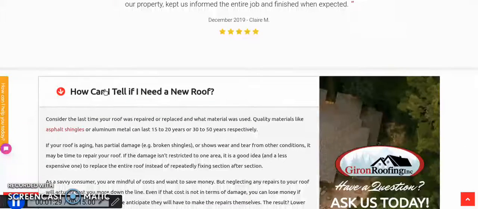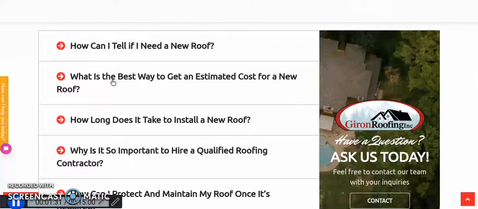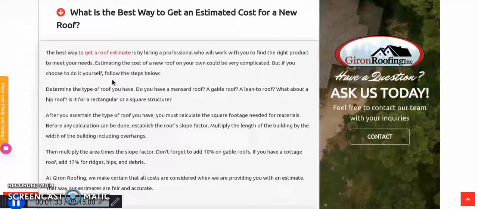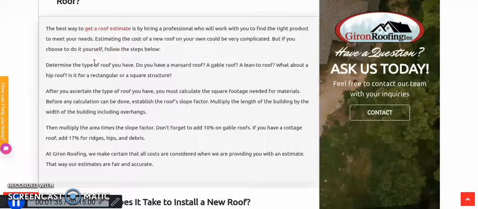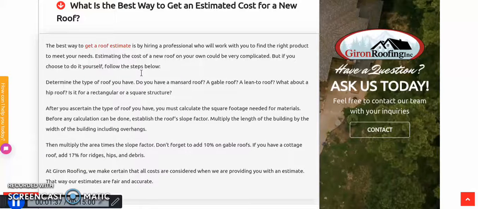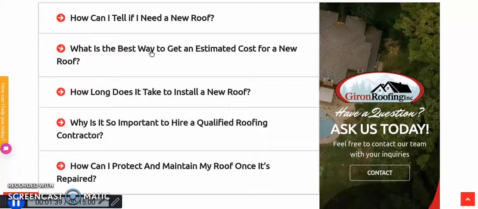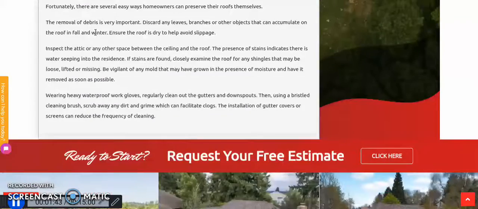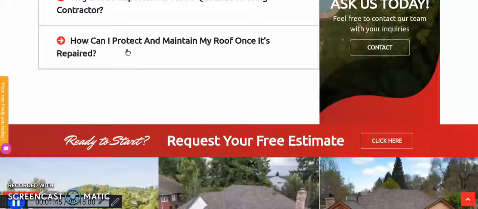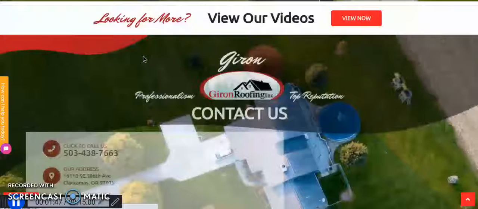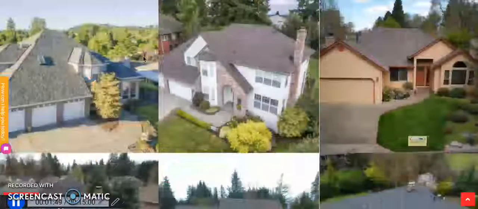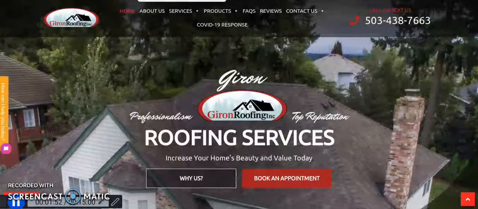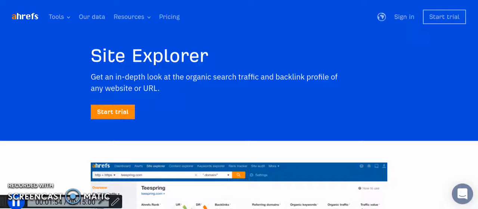So using tools like this where these drop downs can go up and down and hide the content, you still get organic keywords that you can rank for in here, but it doesn't make your website super lengthy, right? And so that's an awesome tool to use. So that's where I plugged a lot of their content, and it doesn't make the site super long as well. So with that being said, let's hop into